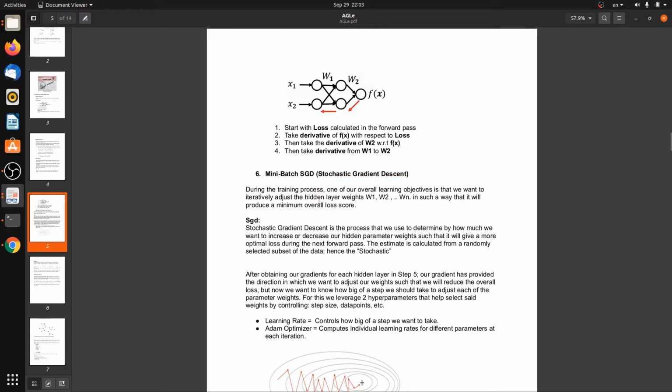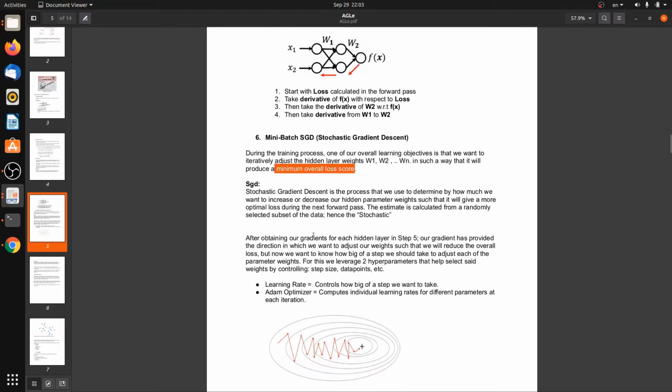Here we're saying, okay, we want to optimize, we want to minimize the overall loss score. We're going to use stochastic gradient descent for this, and we'll talk about that. This is actually a picture of stochastic gradient descent, and I'll tell you what this means in a second. So after we've obtained the gradients of each hidden layer that we computed in step 5, remember that we calculated each derivative in a backward way,